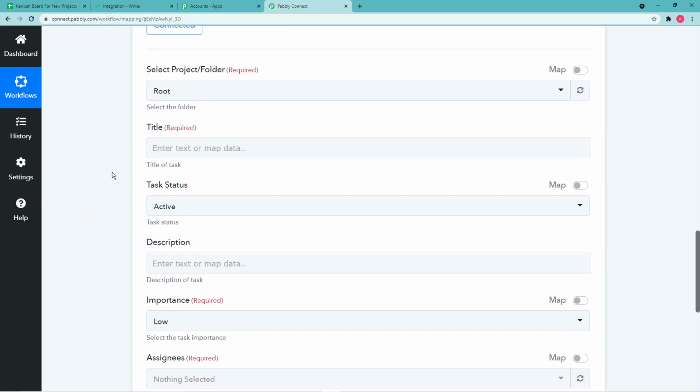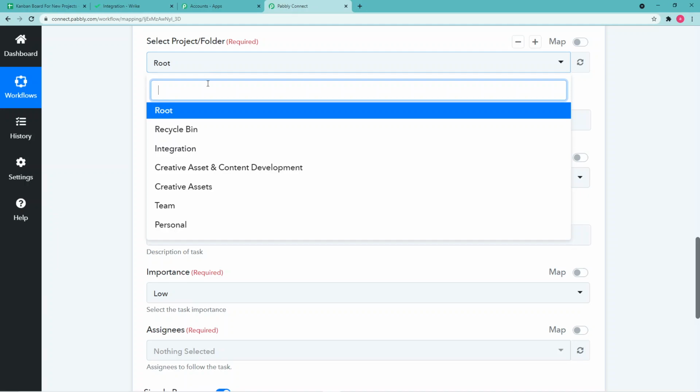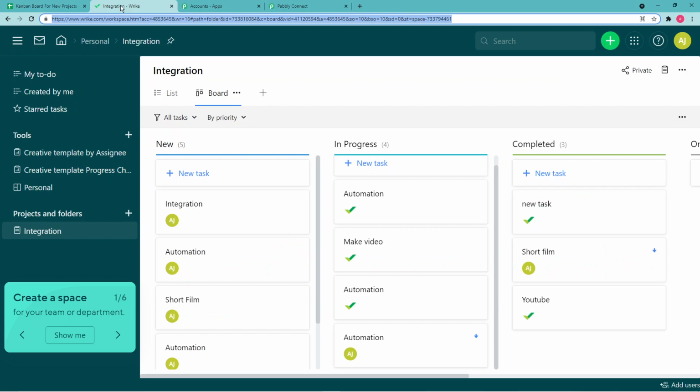After that, these types of fields will open below, and from this select project folder field, you have to select your project of Wrike. So this is my project. Here I can show you in my Wrike account. In the projects and folders, you can see this is my project titled integration.